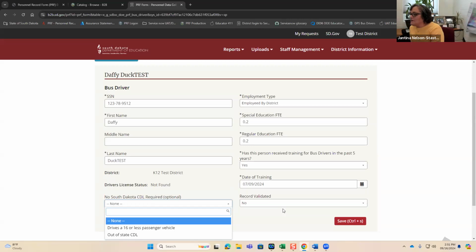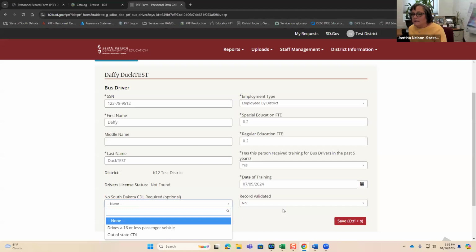So this is an optional field. If one of these is selected, then the record doesn't have to check for an active South Dakota driver's license through the DPS system. This dropdown should say drives 15 or less passenger vehicle.